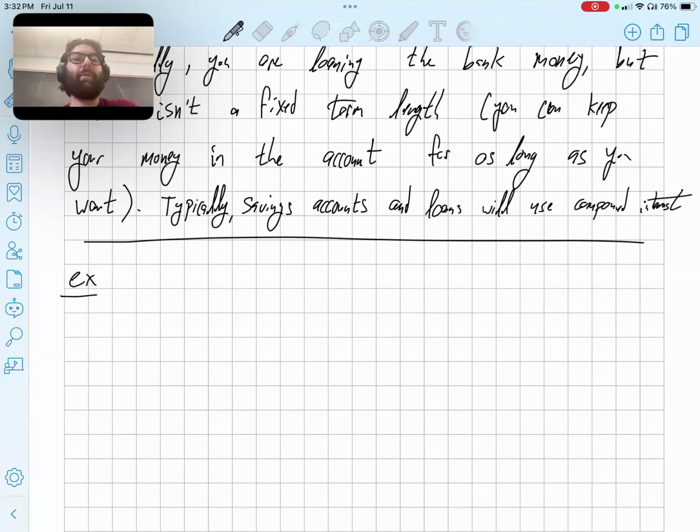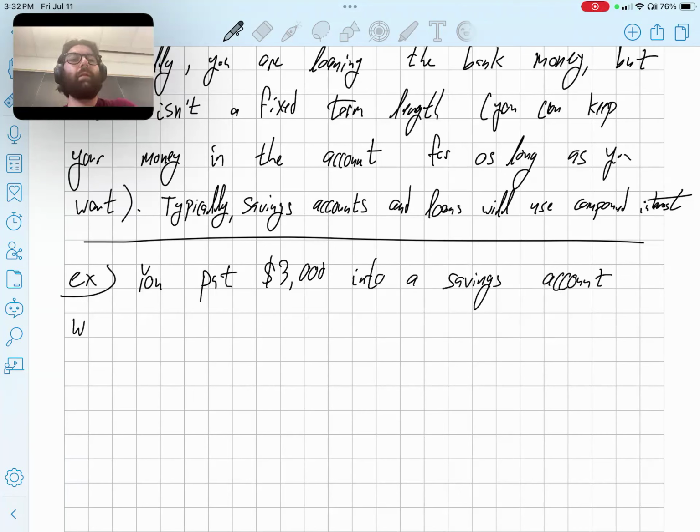So an example, you put $3,000 into a savings account which bears